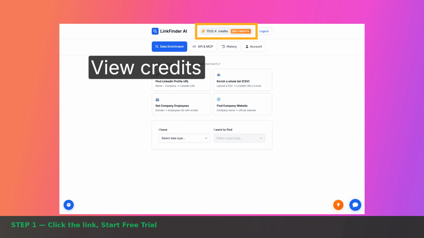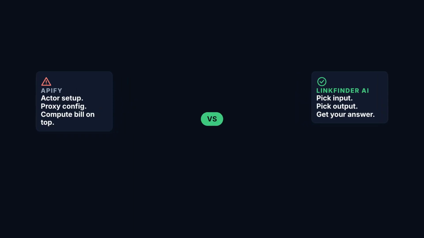If you've looked at Apify for LinkedIn scraping, you already know the trade-off. Their actors are genuinely powerful, but you're not just paying for the actor, you're paying for platform compute on top of it, and before any of that runs, you're usually configuring proxy settings, run inputs, and actor parameters that assume you're comfortable reading developer docs.